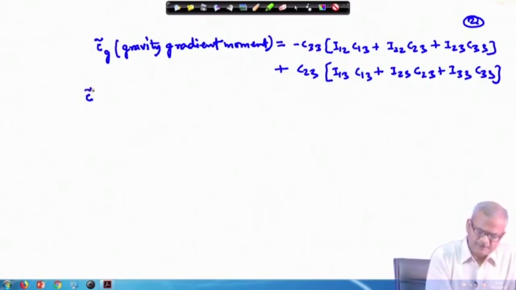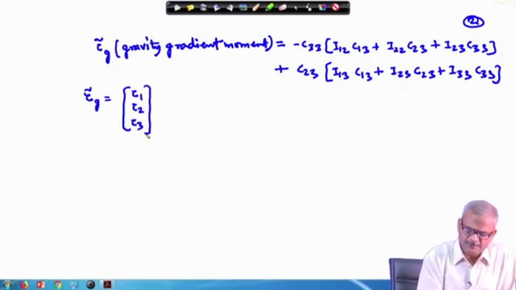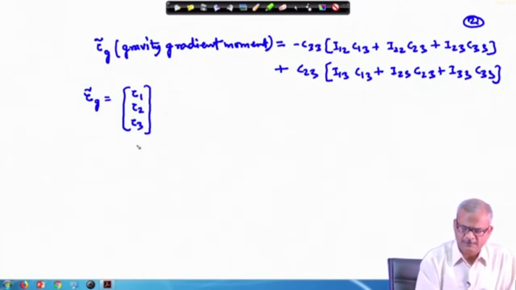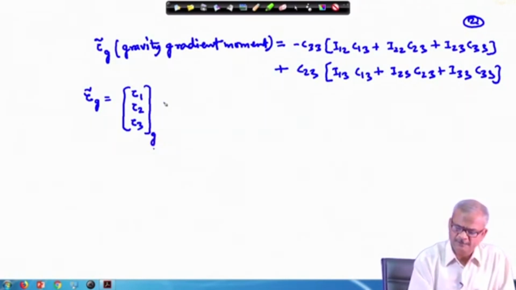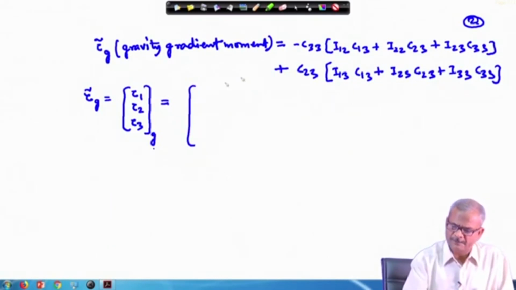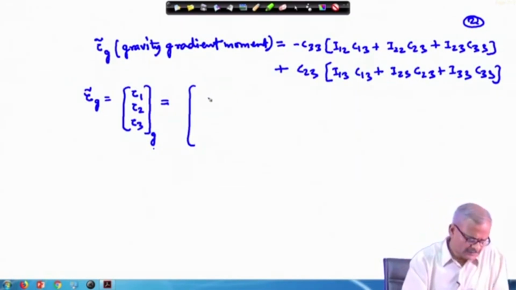So, the delta tilde z, this will consist of tau 1, tau 2, tau 3. So, these are the three torque, or gravity gradient moment, or torque components, and this is due to the gravity gradient. So, we put a g here. Okay. The first component of this only I am working out, and the rest I just put here finally. So, this can be arranged as